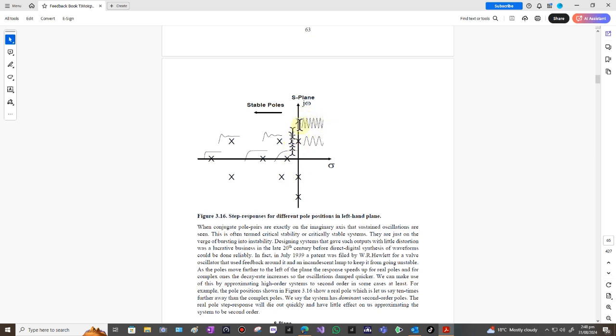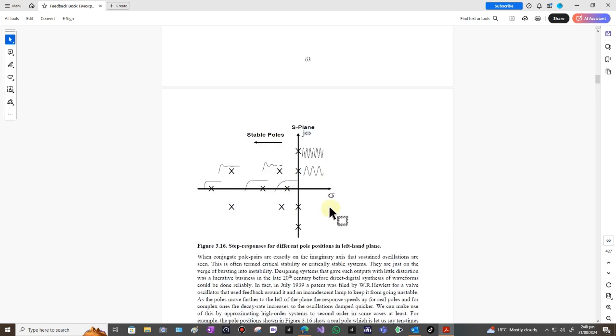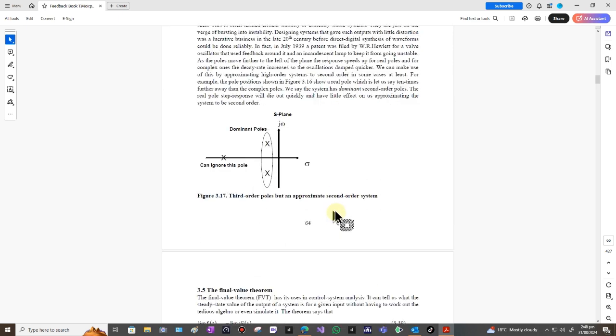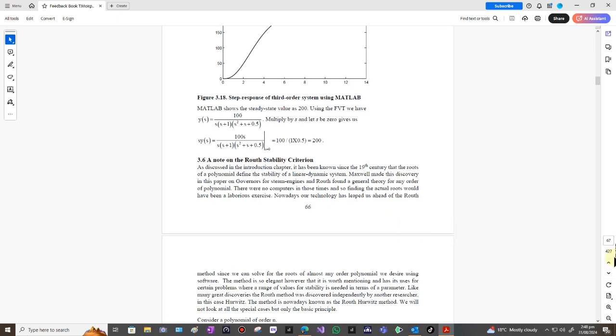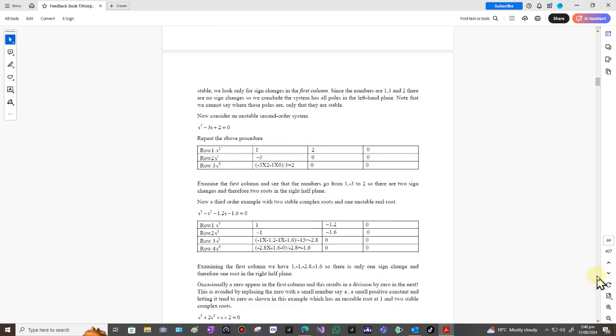If you've got poles, and again they come in pairs there. This is sigma, the real part of S, and j omega, the imaginary part of S. This is the normal symbols that we use. Usually we either show the S-plane or the frequency response, which I haven't got here, but I'll just go on to show where it comes from. So if I keep going,